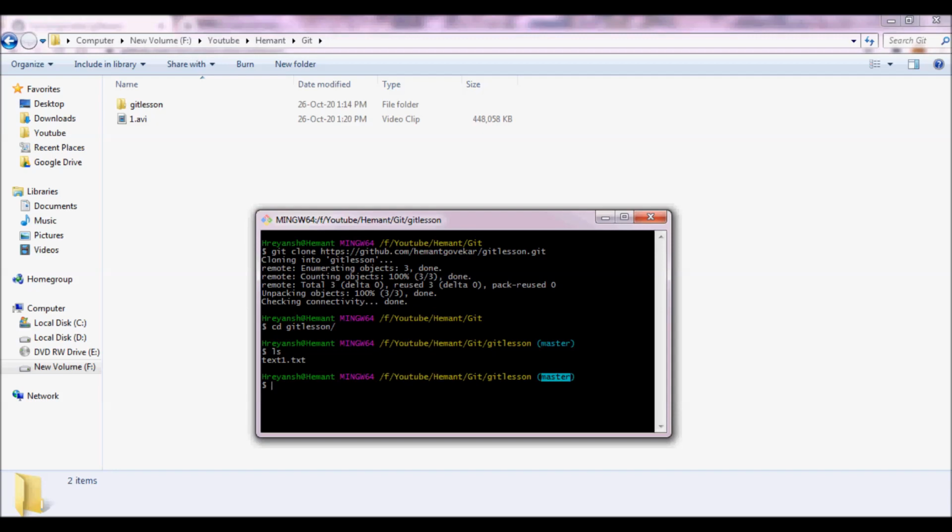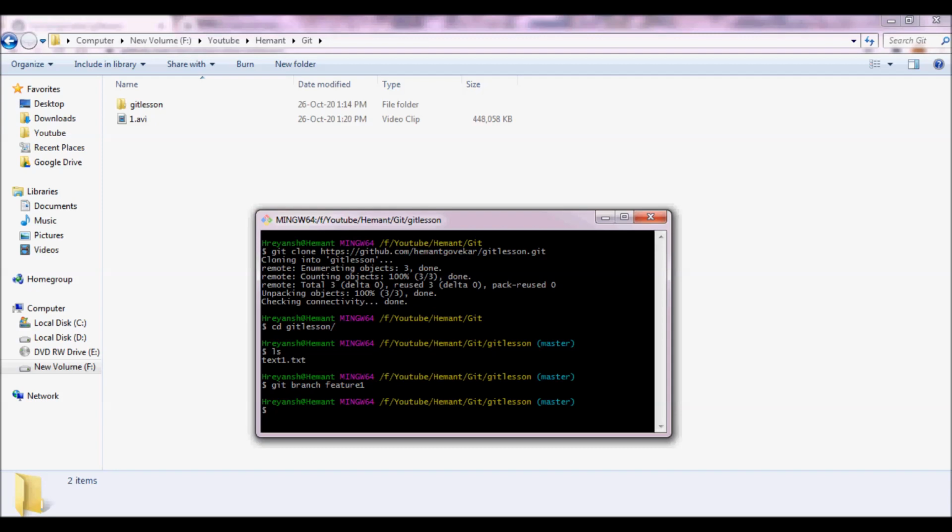This helps you test whatever you have developed in the feature branch, and when all the testing is done and everything looks okay, then you check in your code into the master branch. Now I have a code base in this master which has this text1 file. I'll create one branch called feature 1. This has some features which we will be working on, and when we are done with the features, we'll push that code to the master branch. So the first command is git branch feature 1. This will create a branch.